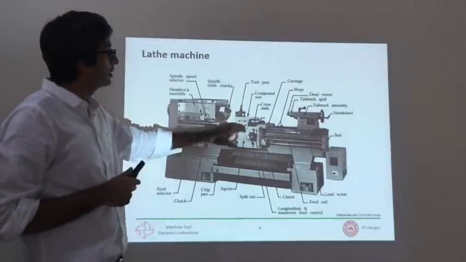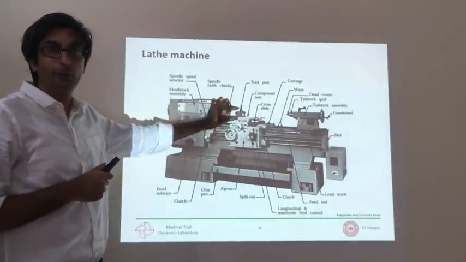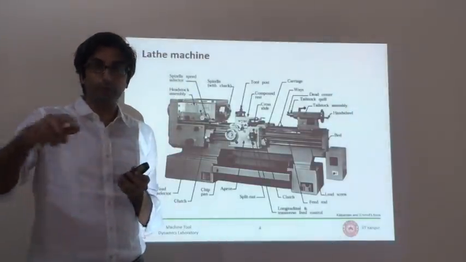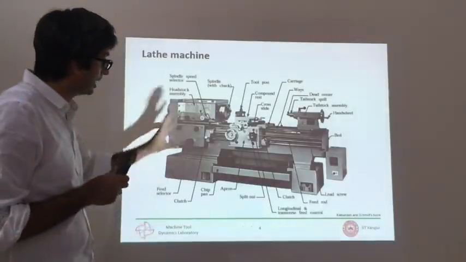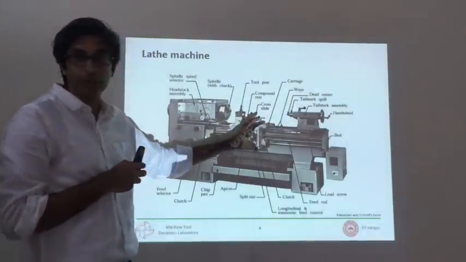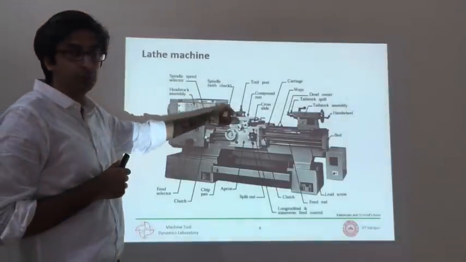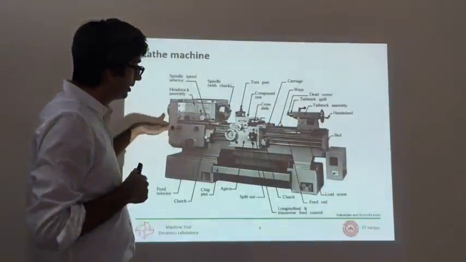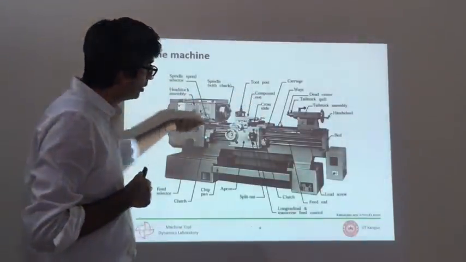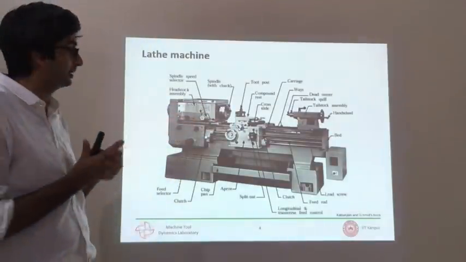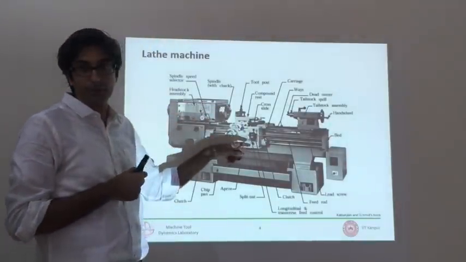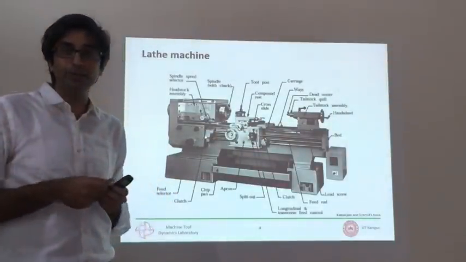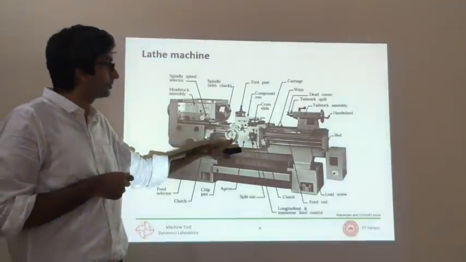On this cross slide, on the top, you have a tool post which mounts within it the cutting tool. What the cutting tool is and how it works, we'll talk about in the subsequent slides. But for now, it is safe to say that the purpose of this cross slide is to move this tool relative to the workpiece in the plane of motion. So I can move in the x, which is in and out, and I can move along the length of this machine, which is the z-axis. They both use a screw nut mechanism. They're both controlled independently using hand levers or these rotational wheels.